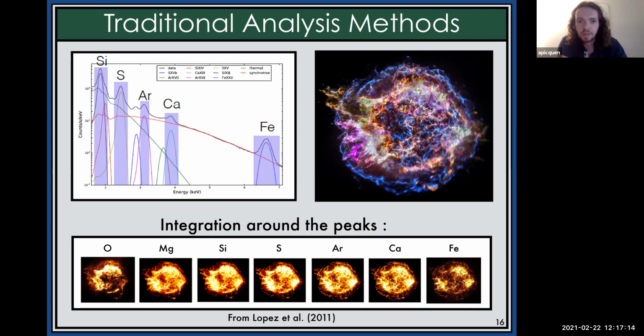To be more precise with the image, the synchrotron emission is the big continuum emission that we can see in the spectrum, and on the image it's the kind of a blue sphere that is around the whole thing. This blue in this image is more or less the synchrotron, and all the rest is more or less the different components. The problem with this blue part is that as it is everywhere in energy, it's really difficult to disentangle from the rest. And it's particularly difficult in the lower energies where it's really high. So we see almost only that when we integrate.